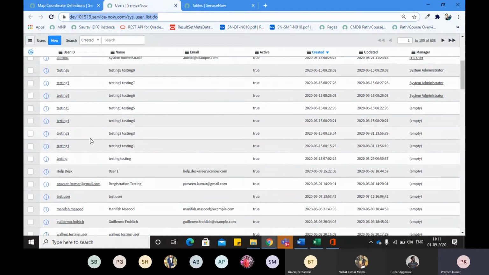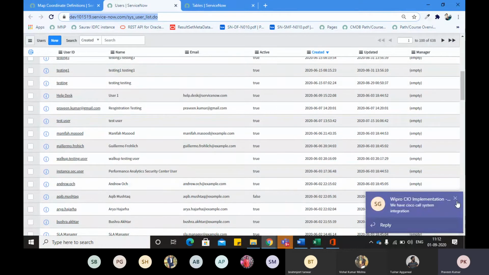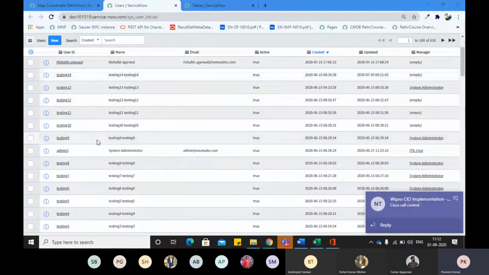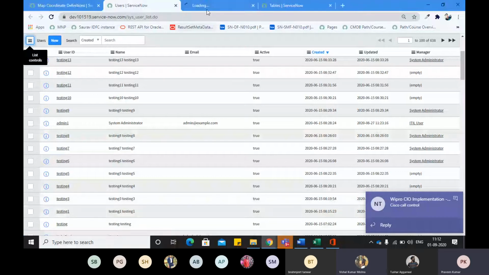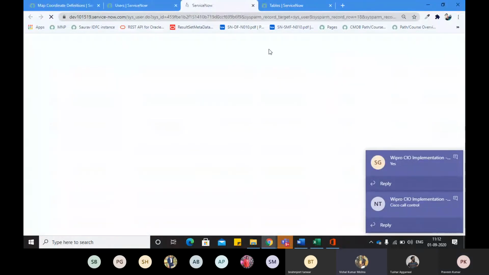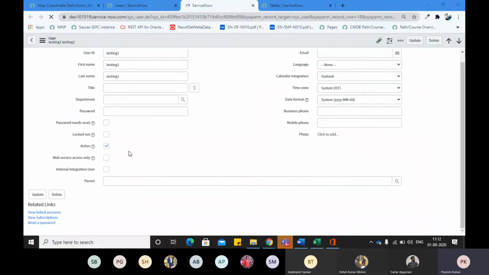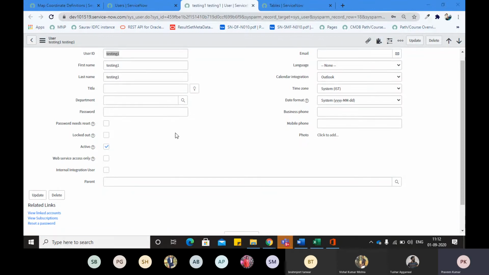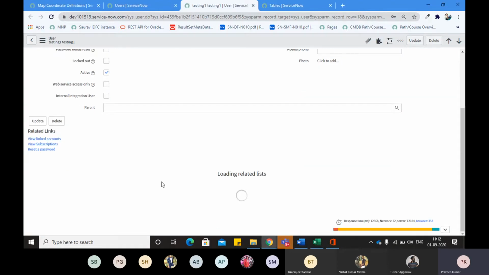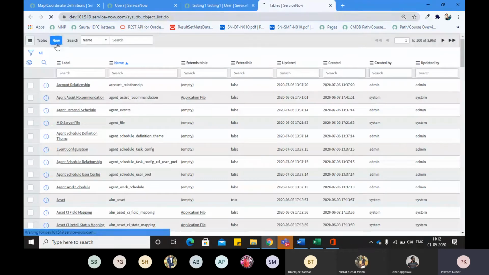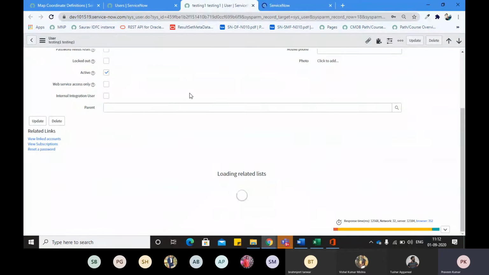Big role means any important role like admin or ITIL. So let me check. I guess Abel Tutor is the one who is not having any role. Okay, but we can try with this user also, testing one. Yeah, so I'm coming here. We'll create a new table. By that time, I'm checking what the roles of this user are.